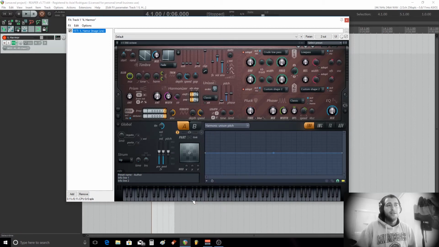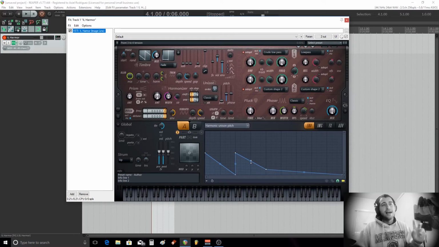But in Harmor, if we just want to add the pitch variation to the middle frequencies, we can basically turn these two down and it's already sounding different. And if we want to make it only in the middle frequency range, it will be like this. And you know, it's basically adding a new profile to the pitch variation, so you can see how the sound is changing. And if you move this around,